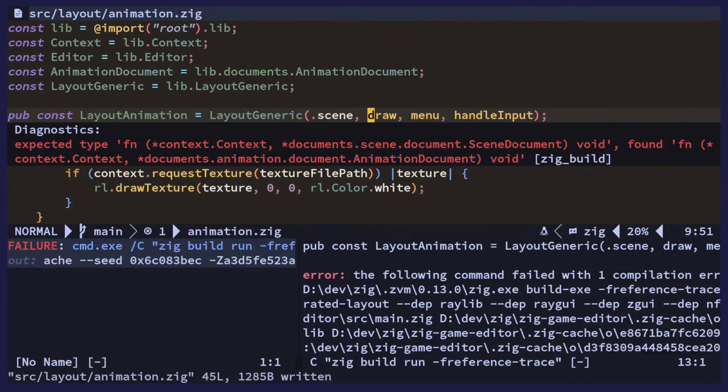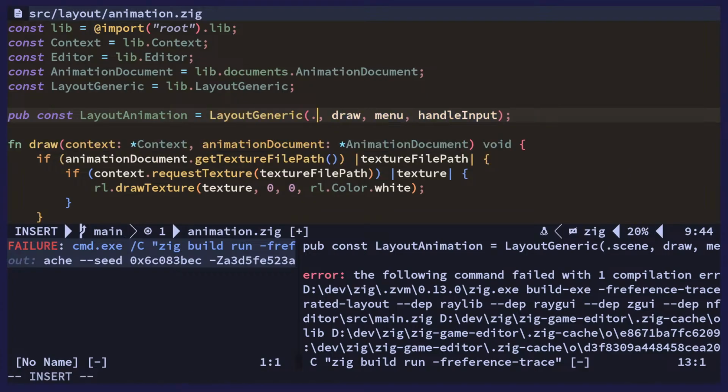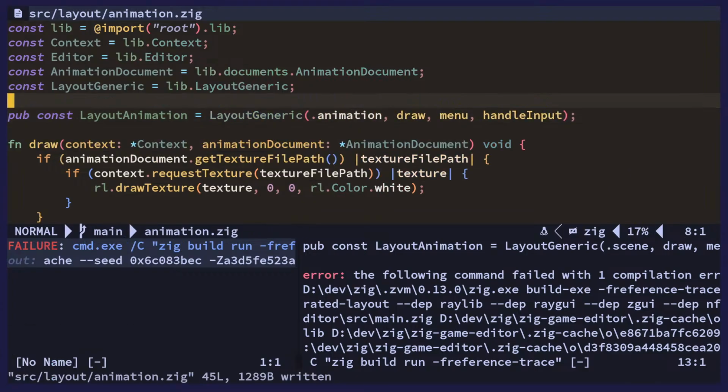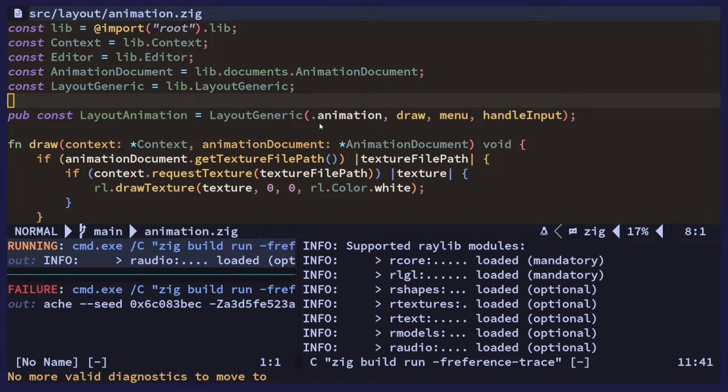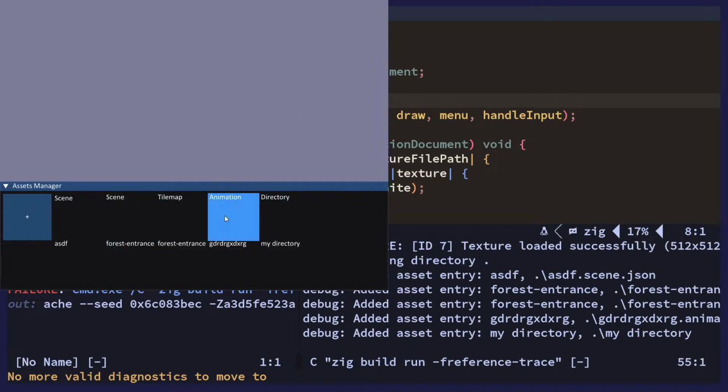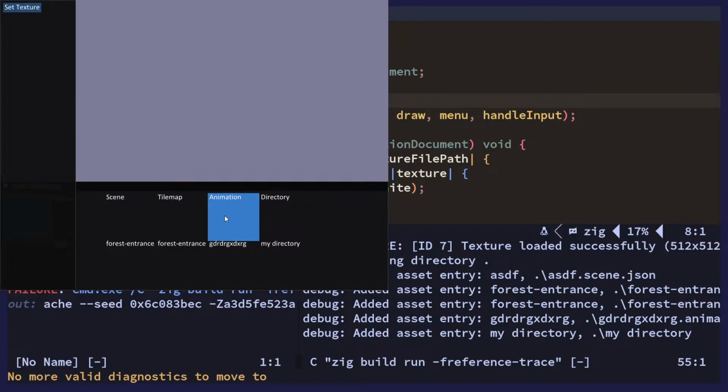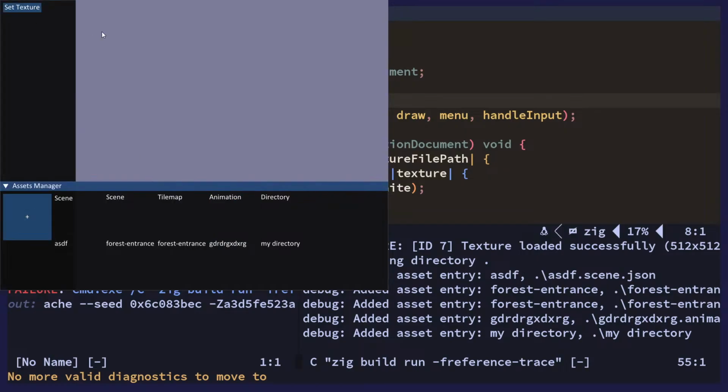Okay, so here we go. Now we have some, and this one is the animation now. There we go. And then that should all be hooked up to the correct type of document. So if you try to open this, nothing happens. Well, okay, here we go. Something happens. I'm not sure why it takes so long to do this, but the only thing I've done here is